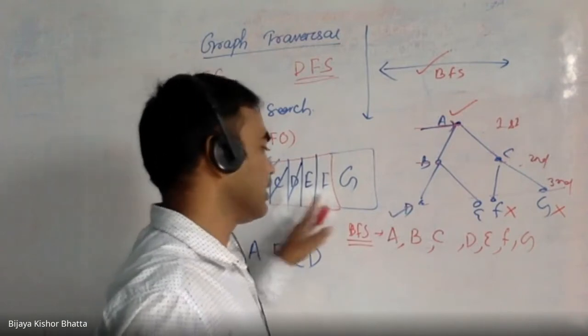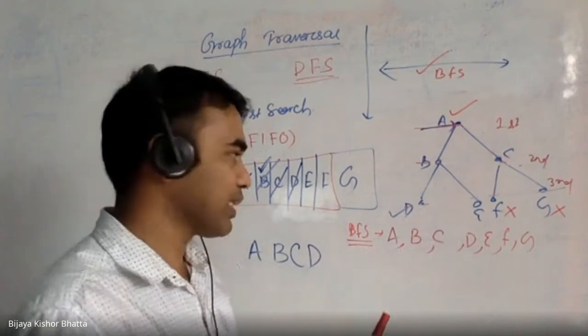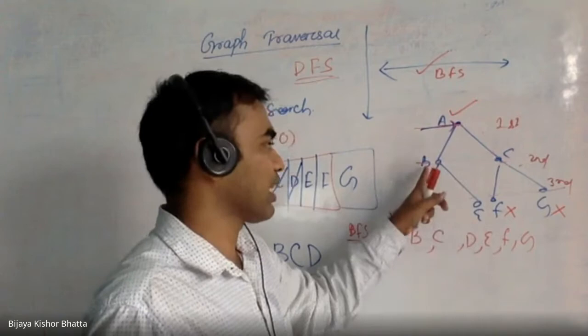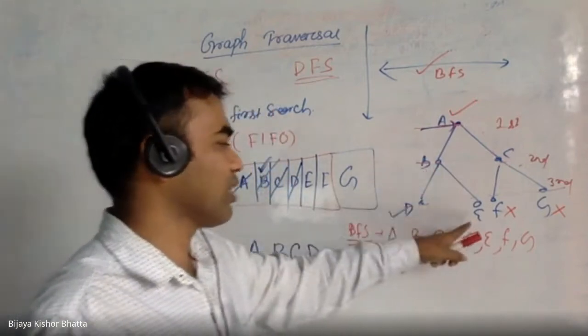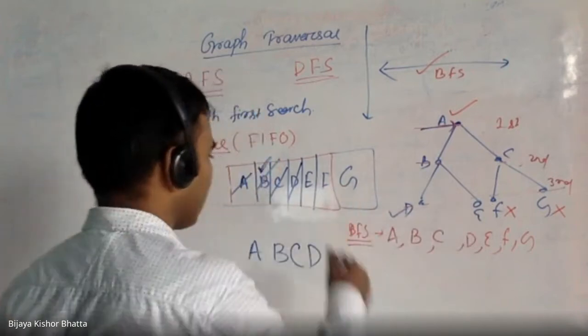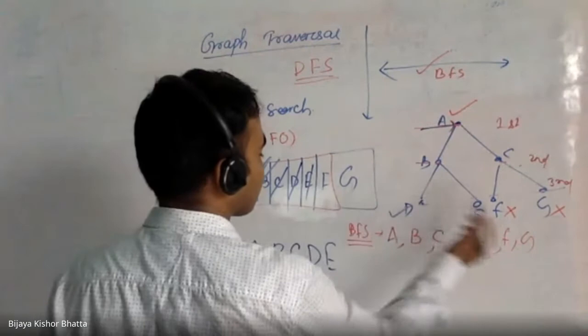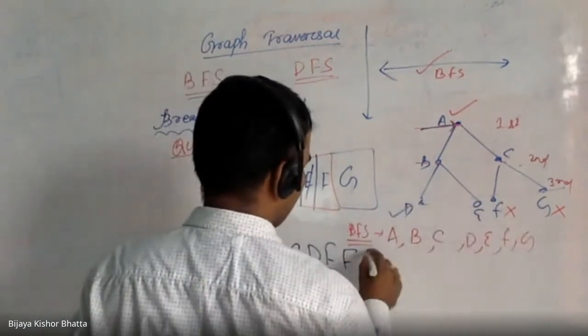Which is E. Whenever I go for E, like I told earlier, it is just a repetition task. I will see who all are adjacent to E. Actually, there is one adjacency, which is B, but it is already processed. So I will immediately process this particular E. Then I will go for F. F is also the same thing, so I will process it. Then I will go for G. I will process it.